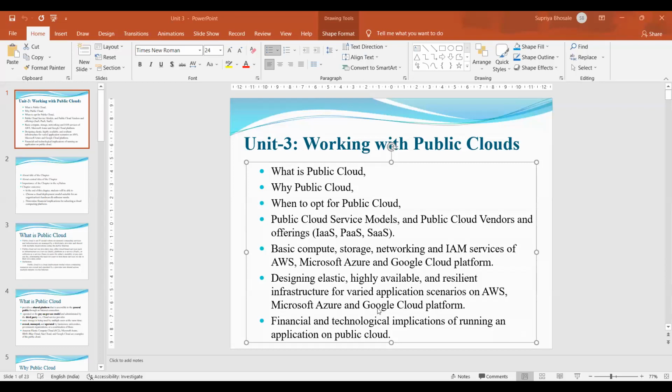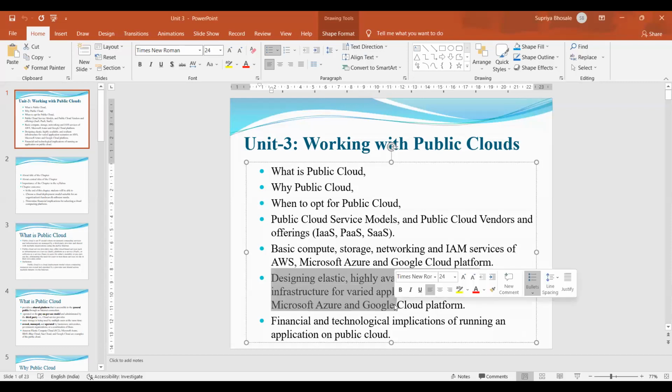Now from this chapter, the designing of elastic, highly available, resilient infrastructure for varied applications using Google Cloud Platform and the financial and technological implications, that part is now remaining from our side. That will be covered in our Thursday's lecture.